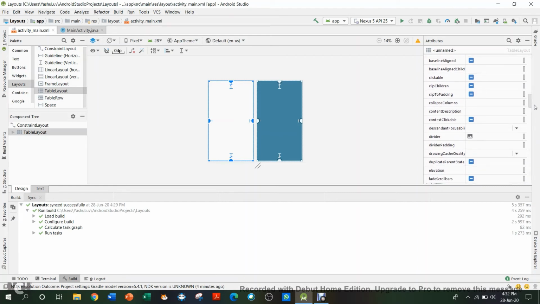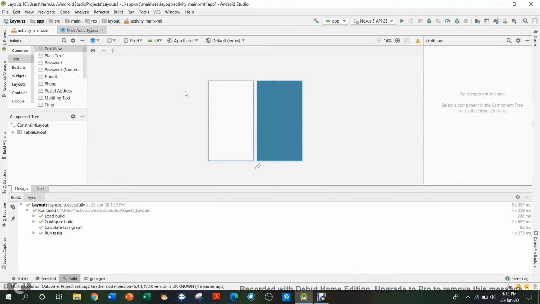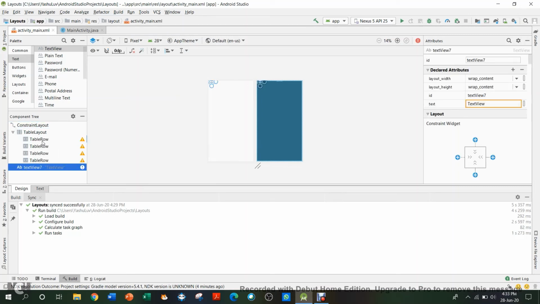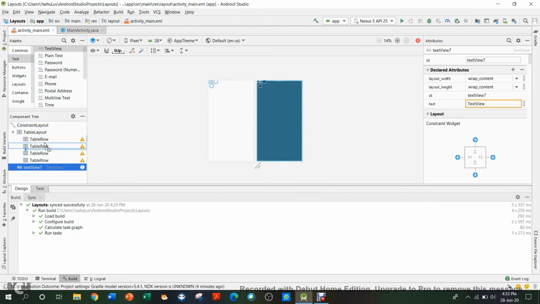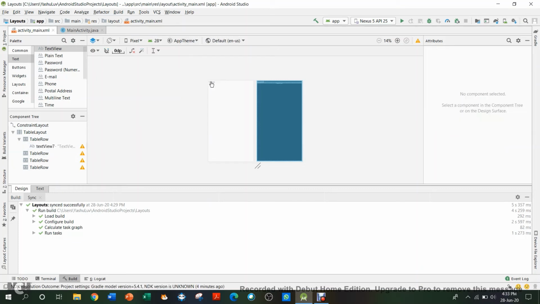If you add text views over here, and then here there's a table row. So there are table rows inside every table layout. So that's how it works.